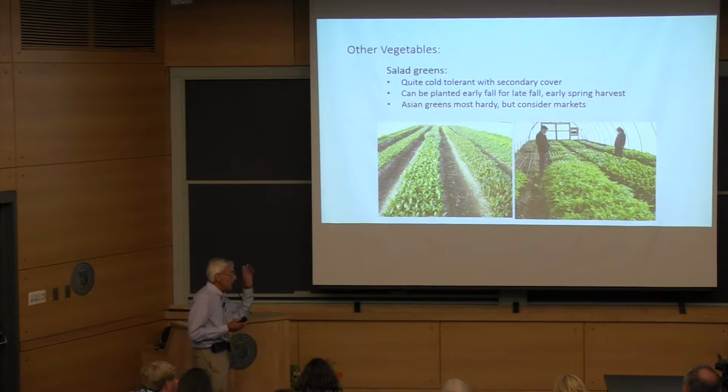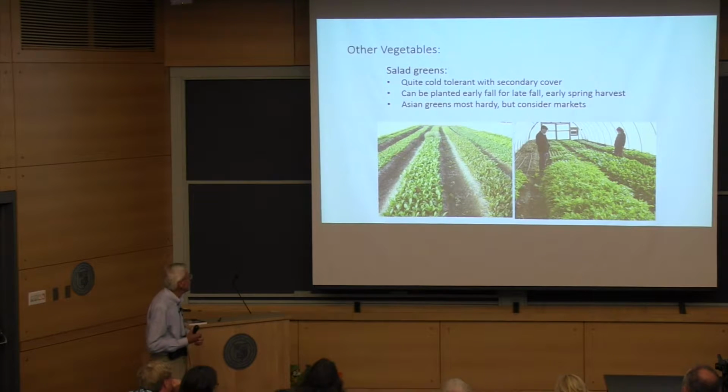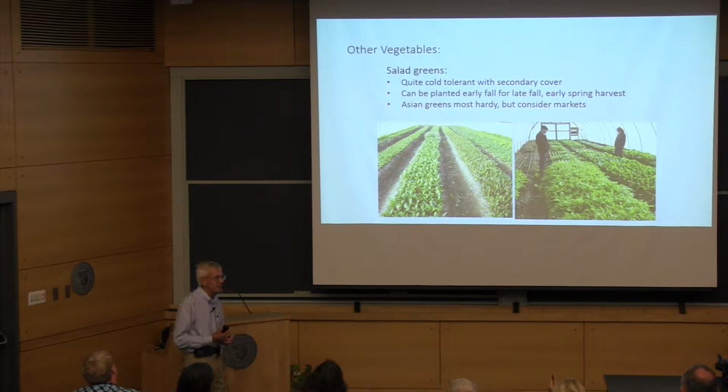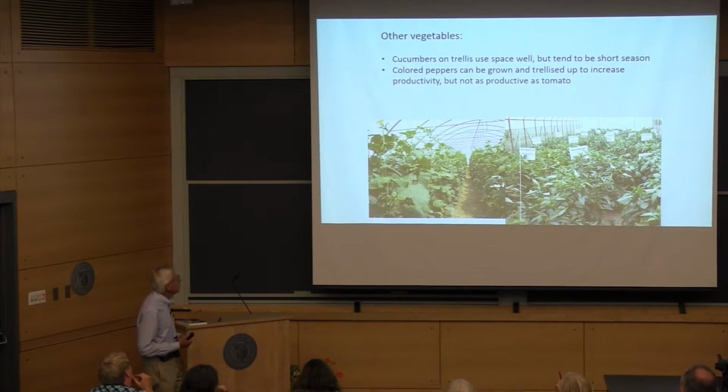One way you can do that is put in greens that can even go over winter and be harvested in early spring. Some of these salad greens are quite cold hardy. You can freeze them stiff, and they'll come back out of it and can be harvested, and they're delicious. But not too many people know about komatsuna and mizuna and senposai. And so there is a bit of a consumer education project that someone needs to undertake to take more advantage of these very productive crops. Cucumbers, colored peppers, they're all good, but economically more questionable. They aren't as productive as tomato. Right? You can produce a good quality crop, but